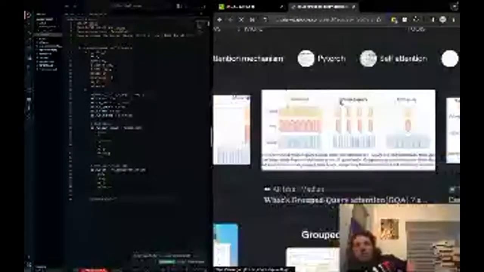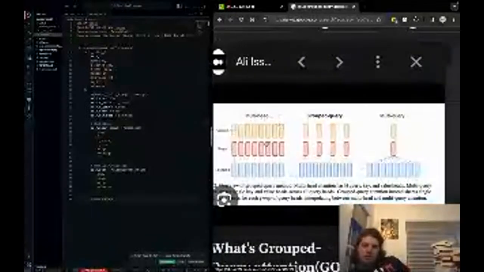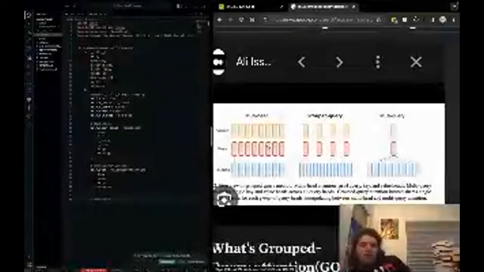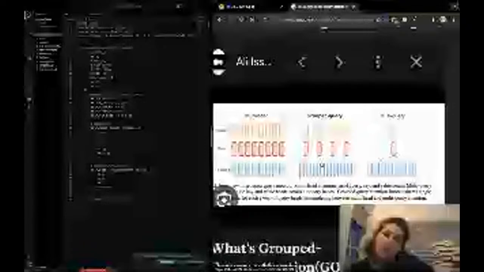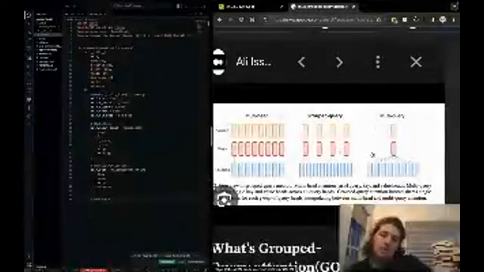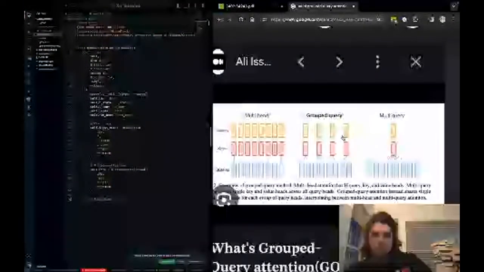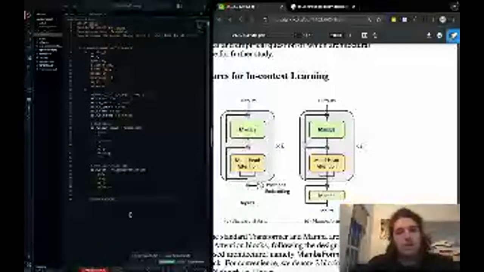There's a bunch of values and keys. Do you see this? Yeah, I see it. There's many values, many keys, a proportional amount of queries with keys and values, and then grouped query is even better than multi-query. I'm just using multi-query here because it's simple. With multi-query, you have a bunch of queries that map to one key and value. So this is obviously much faster than this. Does that make sense? Okay. Cool.